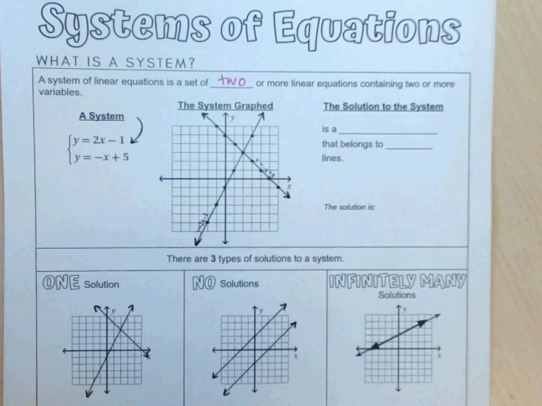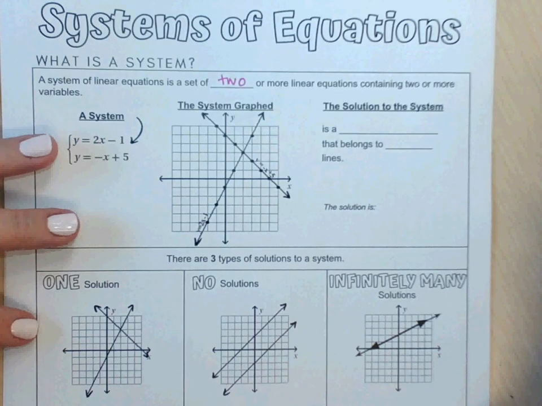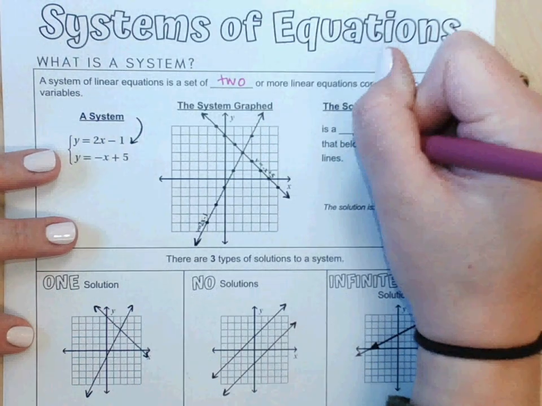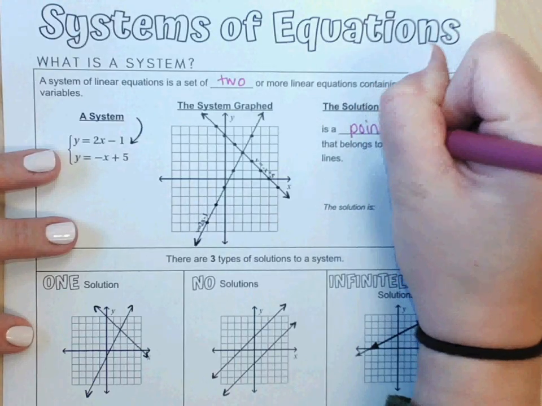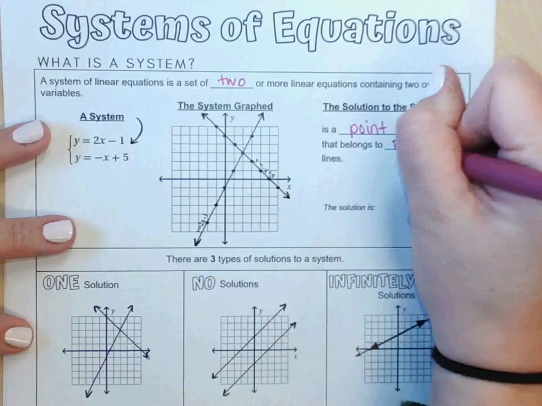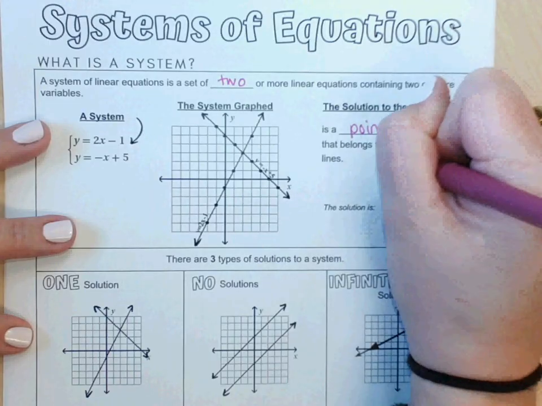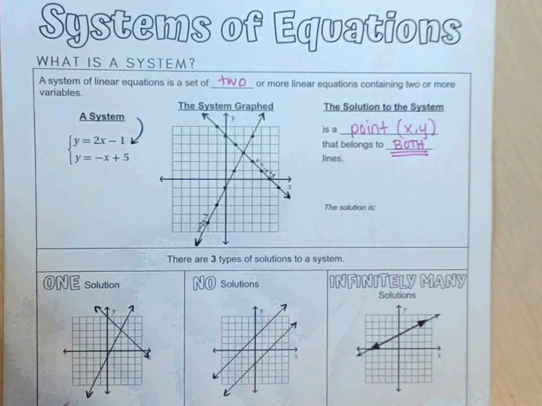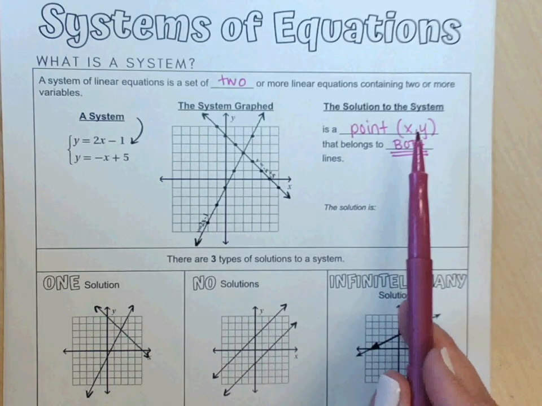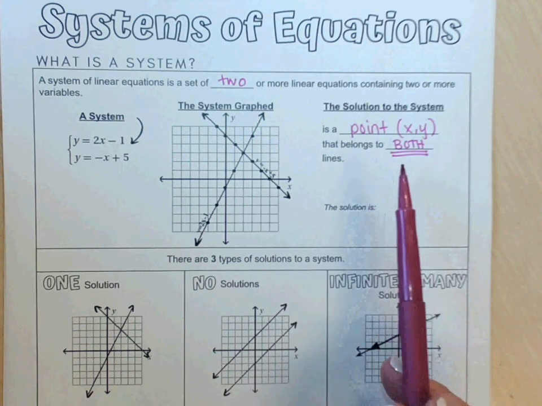Oh, it's an ordered pair. It is an ordered pair that belongs, I'm just going to say a point, x comma y, that belongs to both. Oh, that's what it is. Could not remember what I wanted to write there. So sorry for that. The solution to a system is a point, written x comma y, that belongs to both